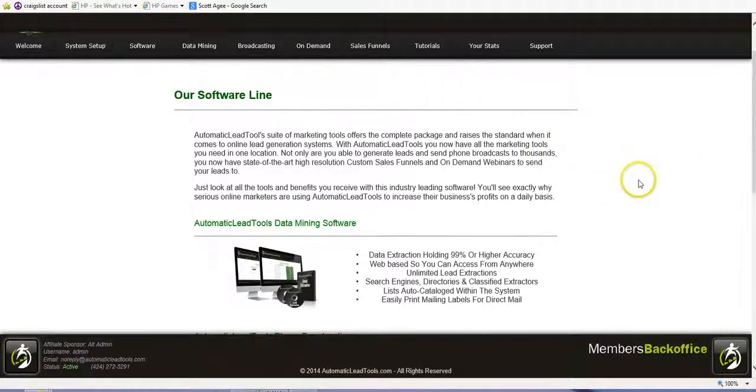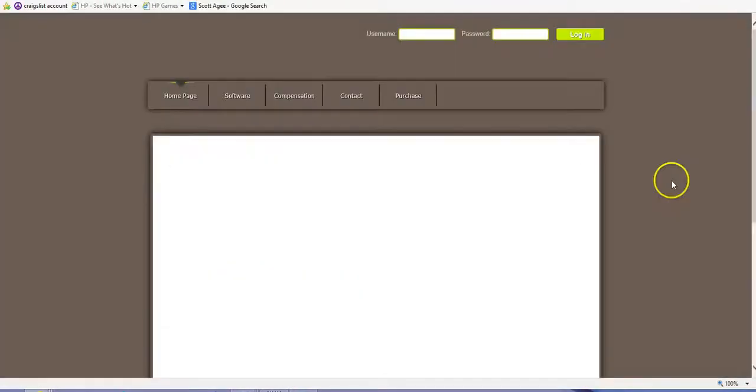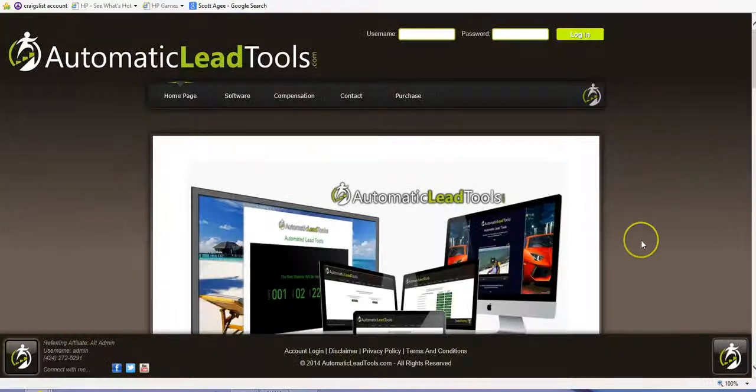Okay? So all you have to do to get started is, let me get a button on your screen right now. Alright. So you should see a button now at the bottom of your screen. Just came up. And that button says click here to get started. Alright, so you'll be able to click that button right now to get started. And it's going to take you to this page here. Okay? Now, all you have to do is simply click purchase.